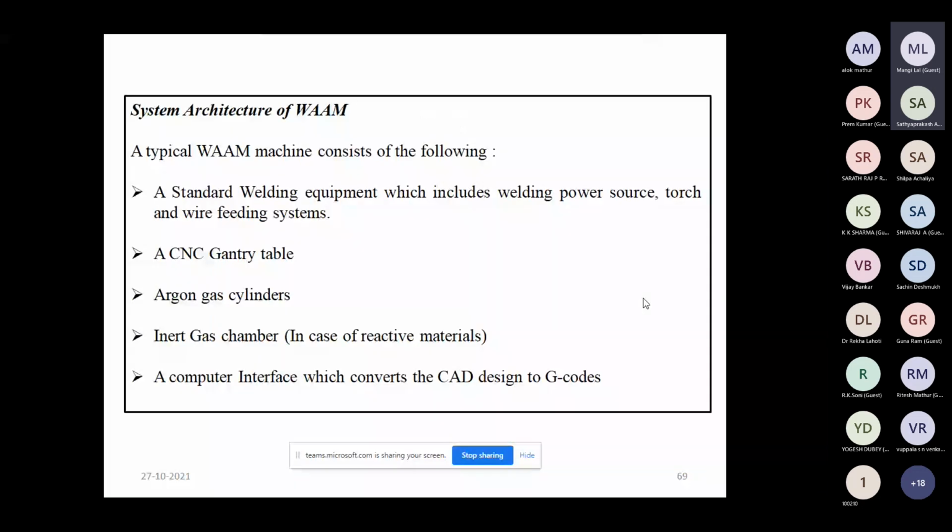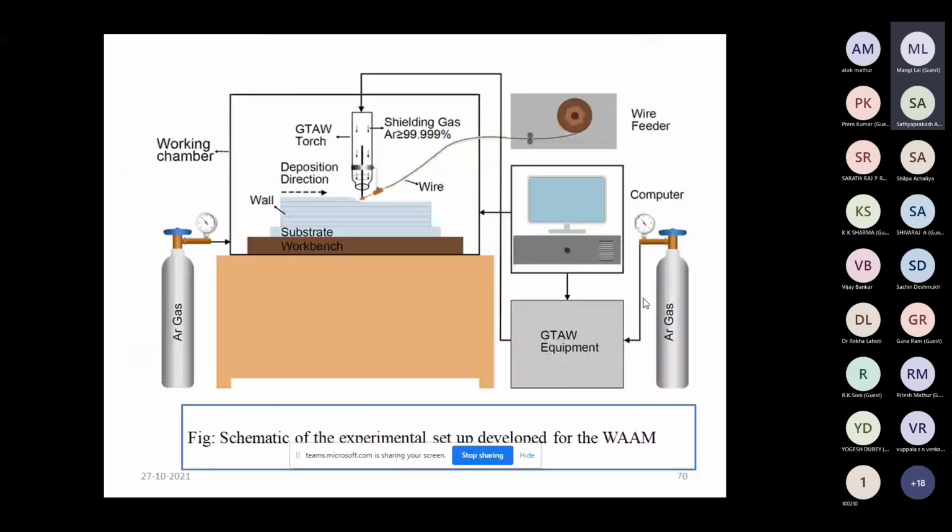So we need software that will convert the CAD model or STL file into G codes. Then the CNC control can work in the X and Y directions. This is the whole setup of the wire arc additive manufacturing process.